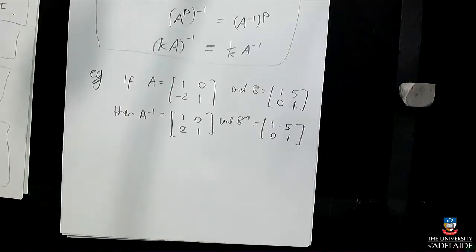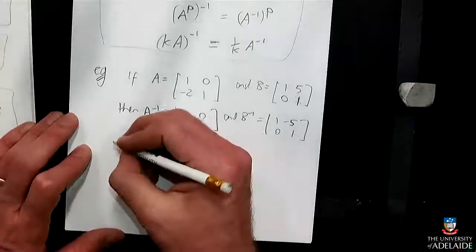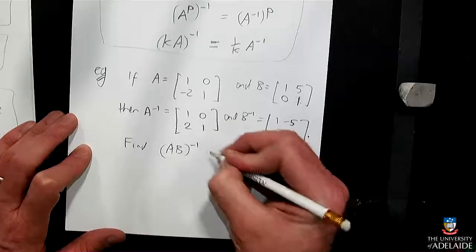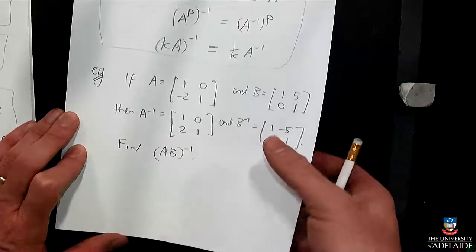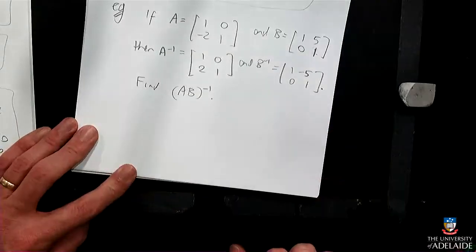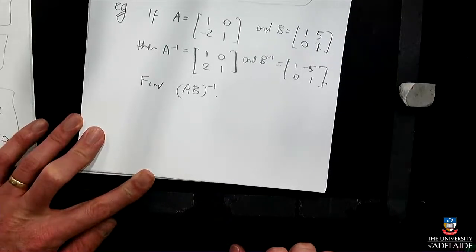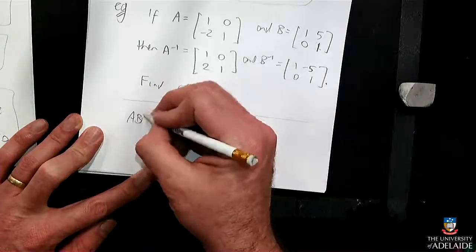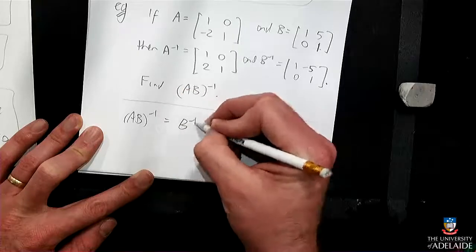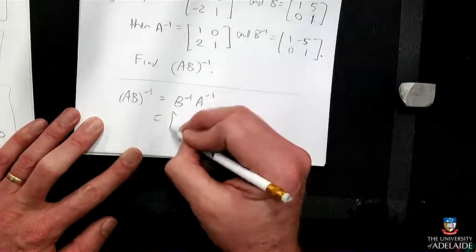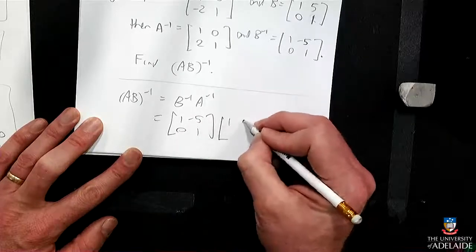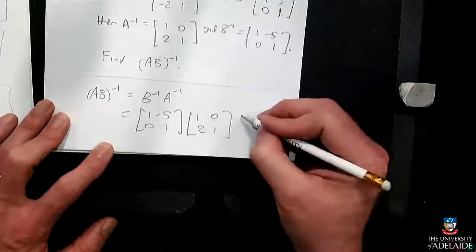Okay, so those two things here, find AB inverse. Well, I can find AB inverse because I know what A inverse and B inverse are already. So it's probably quicker to just go AB inverse is B inverse A inverse, which is 1, negative 5, 0, 1, 1, 0, 2, 1, which is